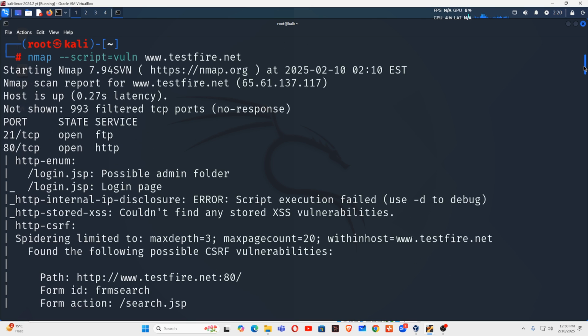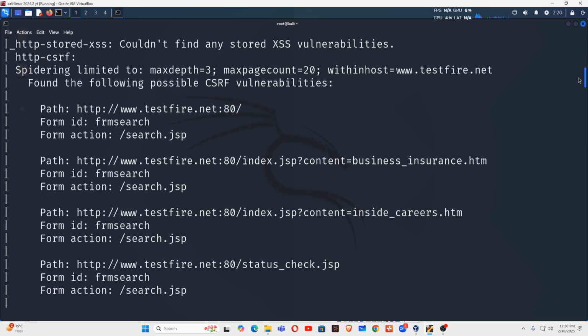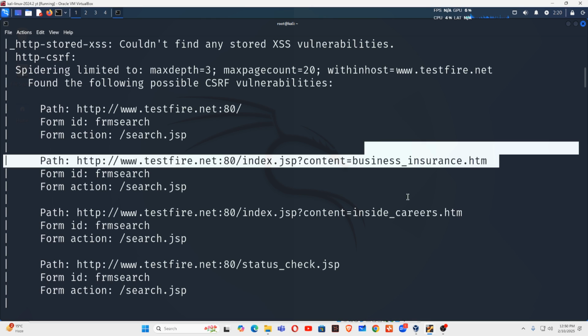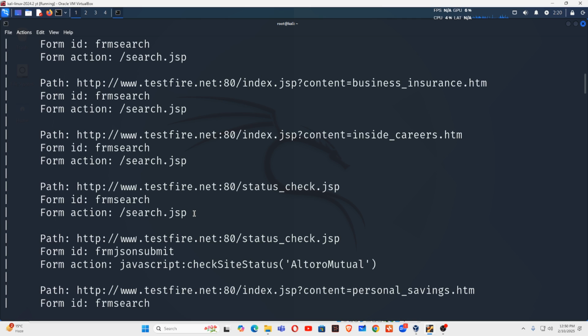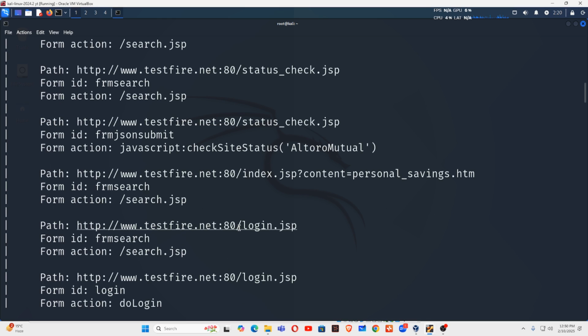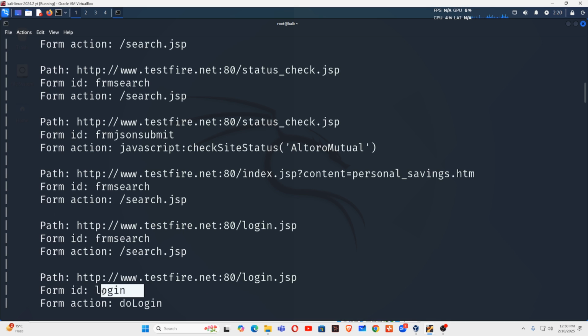Let's go down and you will find some more things here. If you are able to read this file, you can read this file. All the pages are here, like the insurance HTML page, the career HTML page, status check, search page. So all the files are available and visible here. The testfire.net login page is here. Okay, so you can actually add ID login page